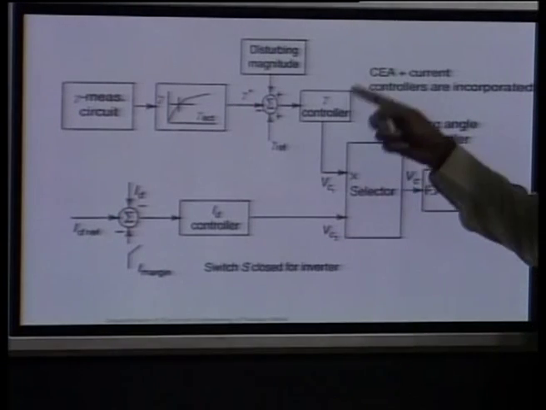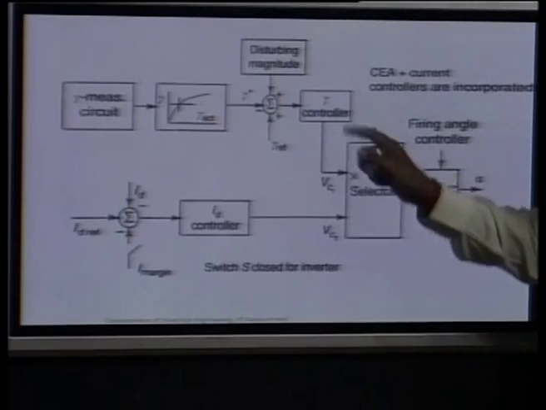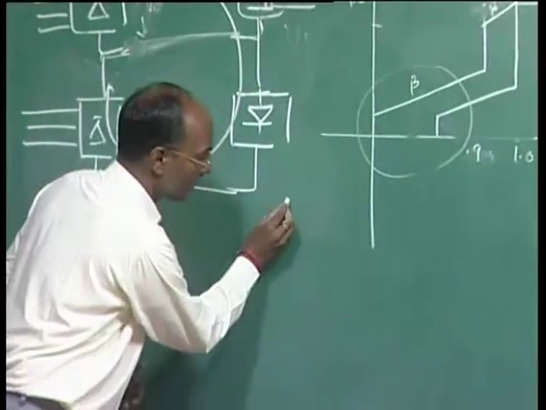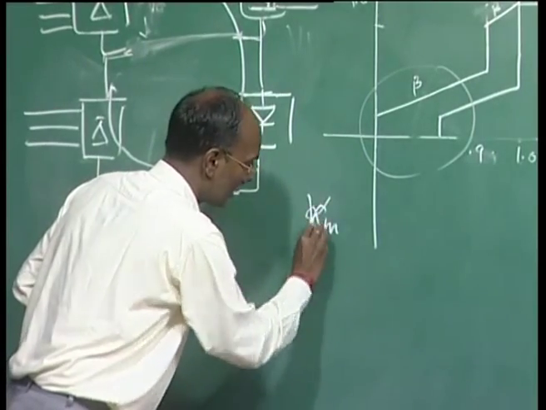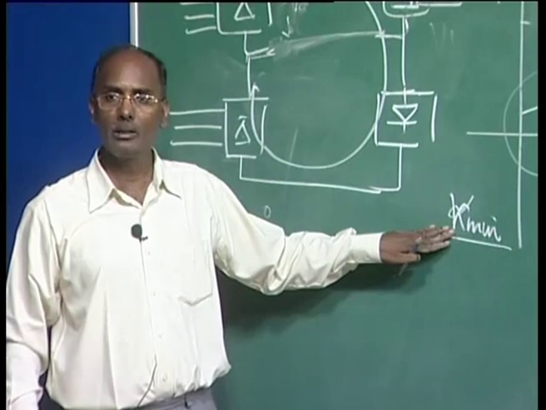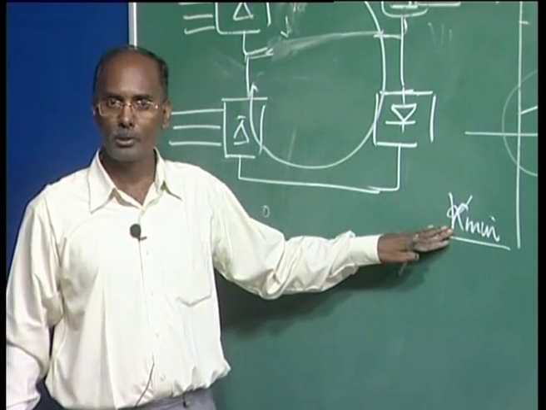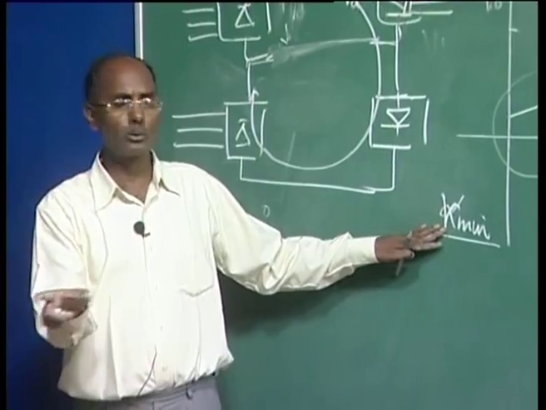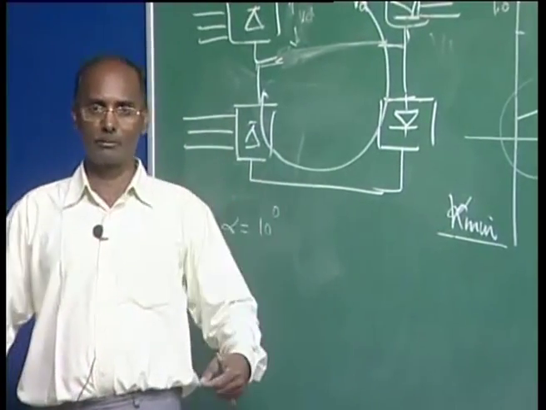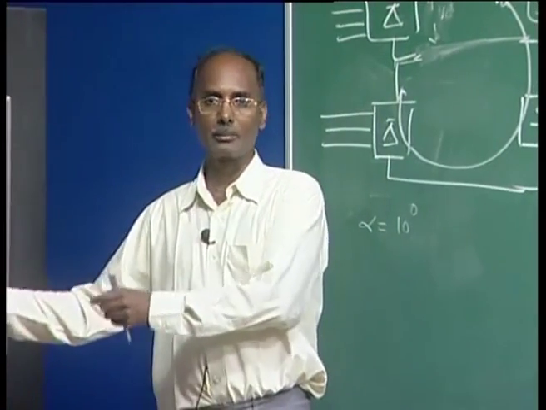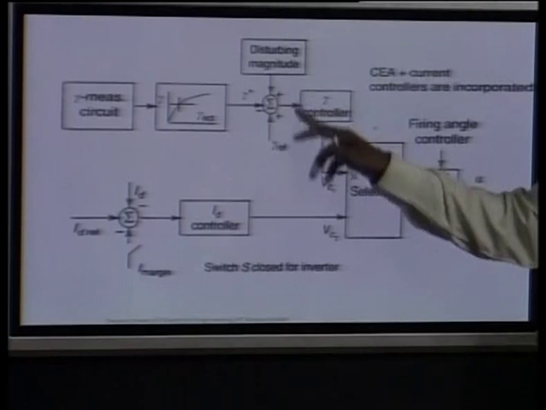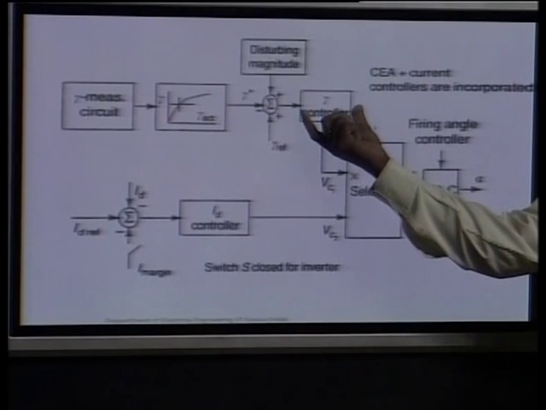And then we have the gamma controller. If some change is required from gamma, this is gamma minimum. You can increase gamma here, it is possible, but the power factor will be poor, and also we can go only up to 20 degrees of gamma, not more than that. If you go further, the power factor will be worse, because we have limited reactive power support at that end. So then there is an error, and the gamma controller acts if there is any difference.